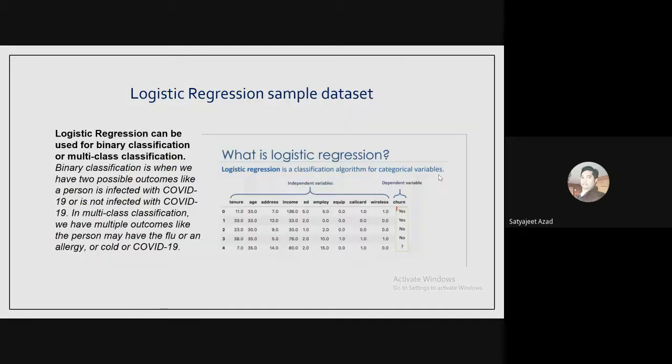Now, I have shown you a typical logistic regression data set. This is how the data set of logistic regression looks. For example, for an XYZ company, if you are trying to predict churn, this is historical data. This is of 5 instances. In these 5 instances, how many independent variables are there? 1, 2, 3, 4, 5, 6, 7, 8, 9. These are all independent variables, but in a classification problem we call them features, or variables.